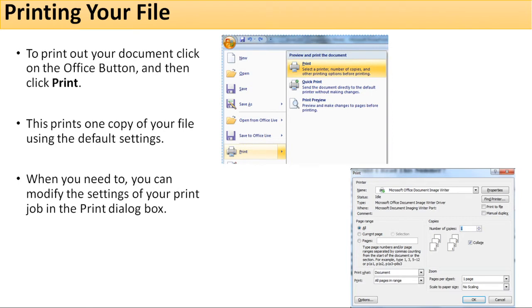For printing a file, we have to click on this button and then the print button. It prints one copy of your file using the default settings. When you need to, you can modify the settings of your print in the print dialog box.